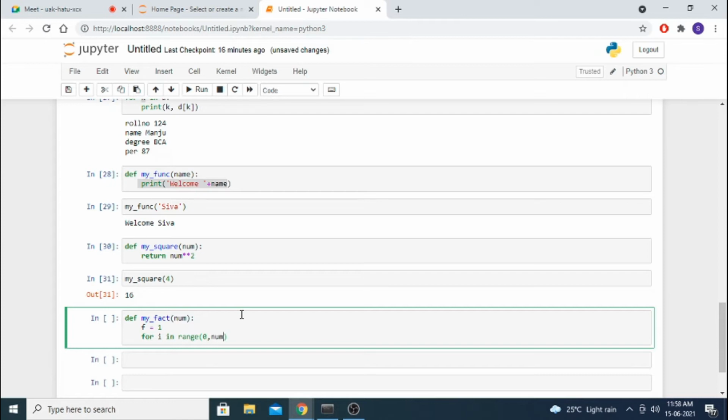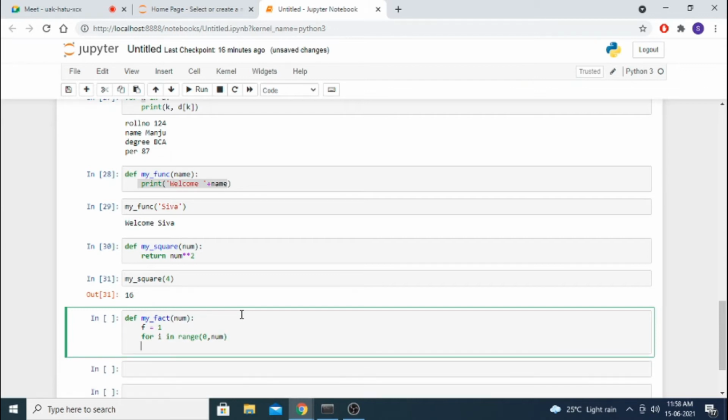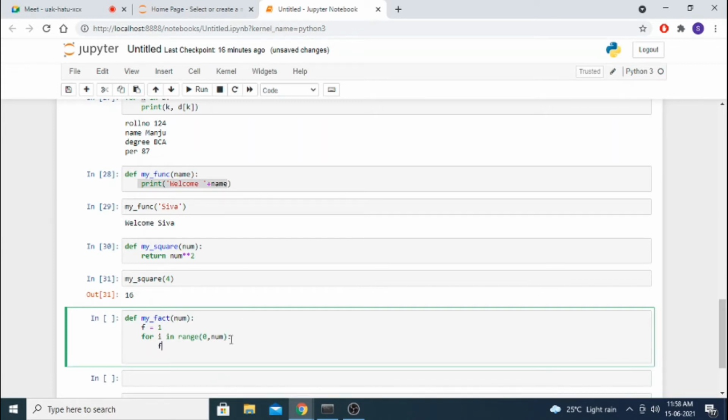So range of 0 comma 5 means what will come? It will come 0, 1, 2, 3, 4. What will happen? We are going to multiply, for, we have to use a colon, f into i. What will happen?